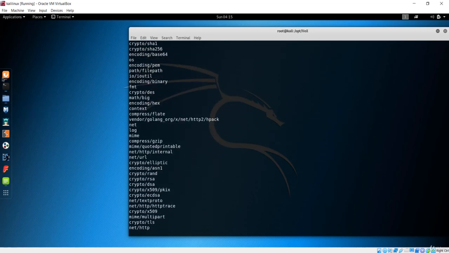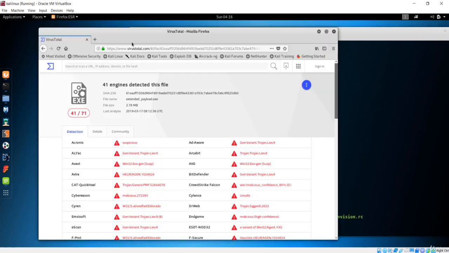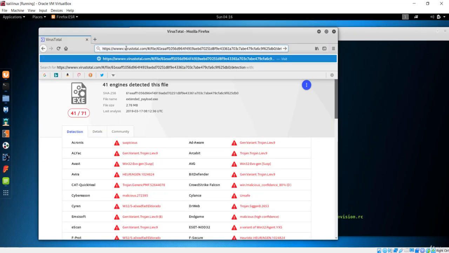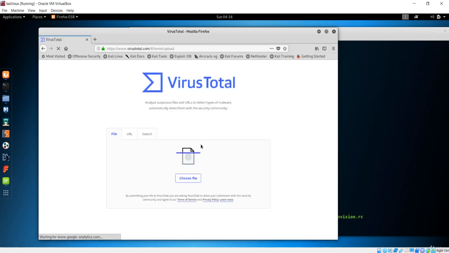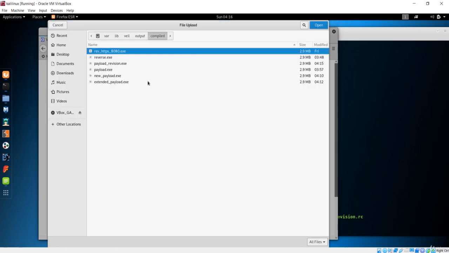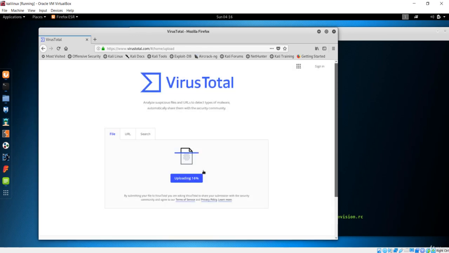So let's go back one more time to the VirusTotal, and I'm just going to navigate over here, and let's upload that file as usual, and this time it is payload revision. Let's upload this file first, and maybe this is going to work.